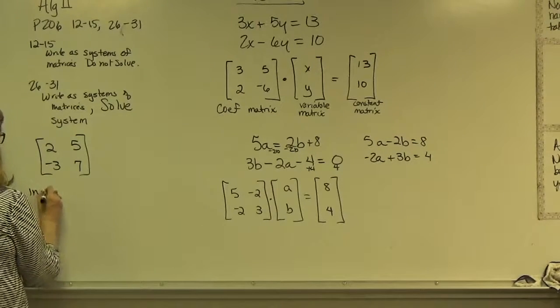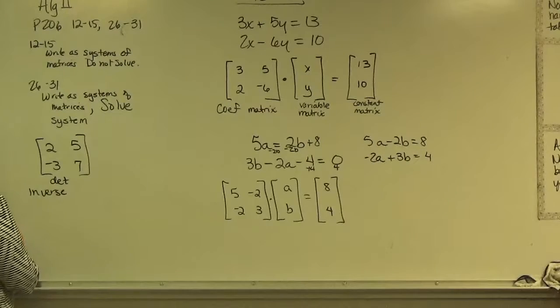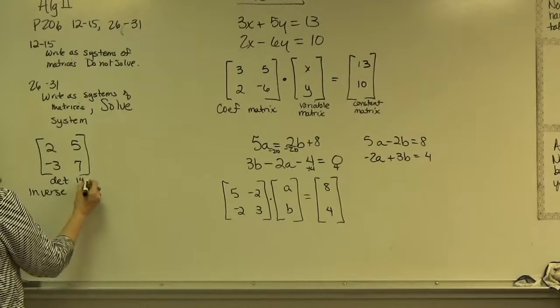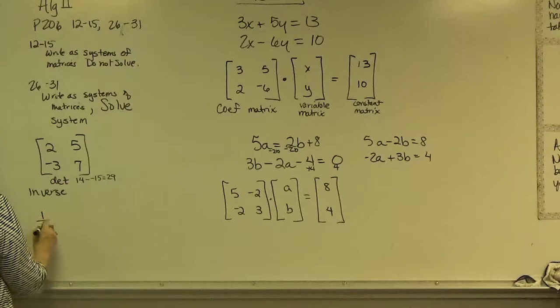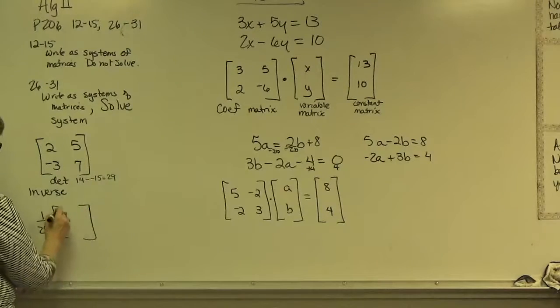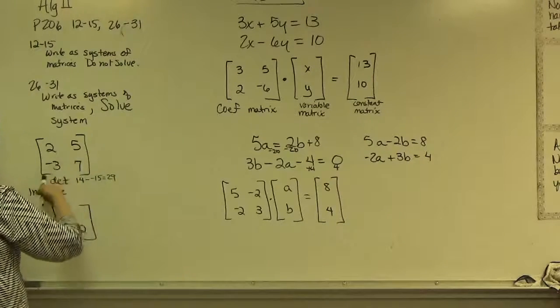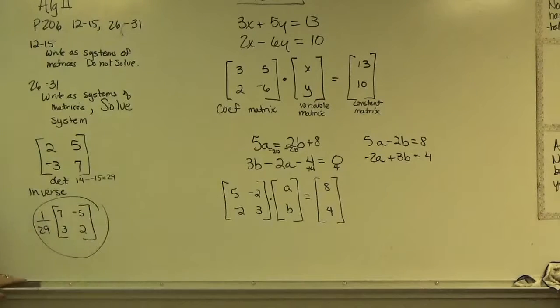Multiply by the diagonal. Well, first you find the determinant of that, which is 14 minus negative 15 equals 29. So you get 1 over 29. Then what did we do to these two? Swap them. And these two? Change the signs. And this is classified as the inverse, right? Multiplicative inverse, which is what you'll need to know in order to be able to get the identity, which will be able to get you solved for x. Okay, so now,